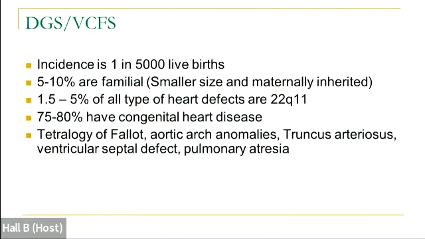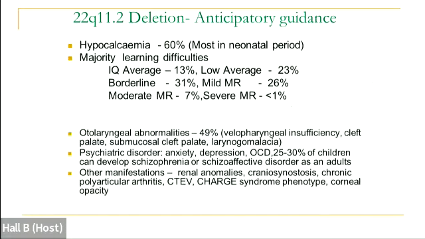So the commonest cardiac lesion in 22q microdeletion is conotruncal heart defects, which includes tetralogy of Fallot, aortic arch anomalies, truncus arteriosus, VSD, pulmonary atresia. So there is anticipatory guidance, which includes, in 22q deletions,